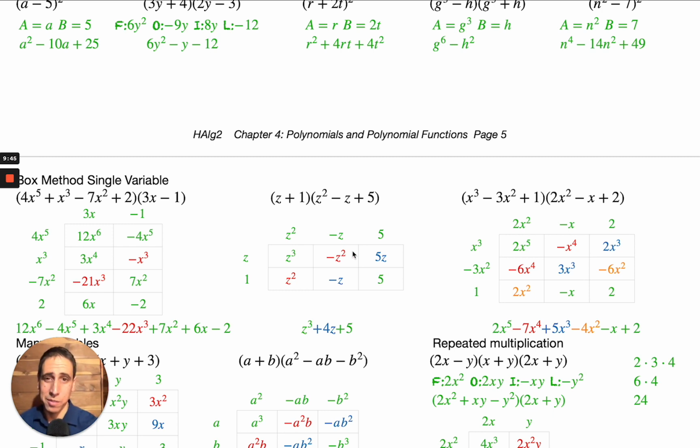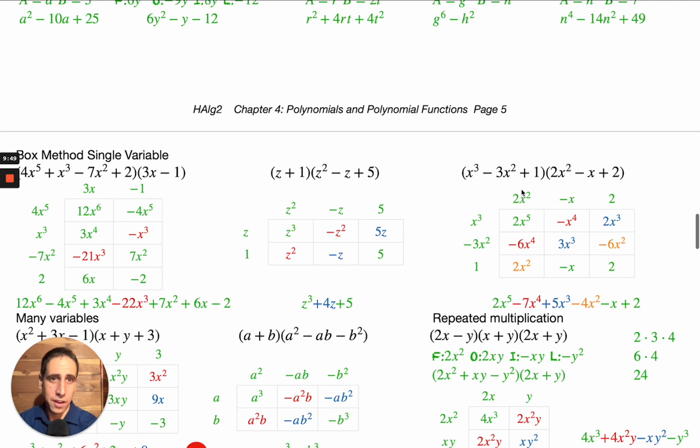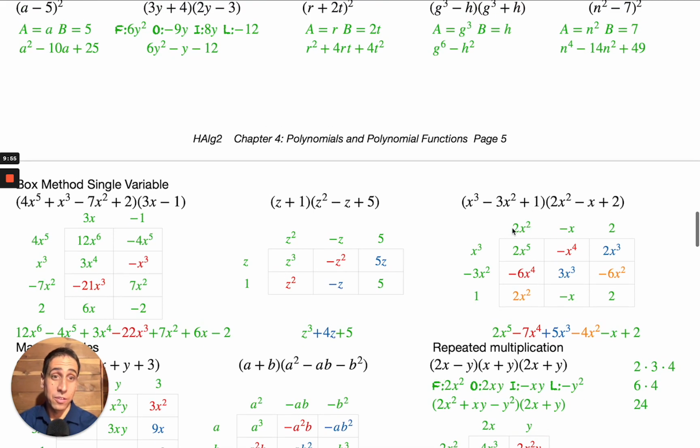I like the box method because, like I said, the terms all are right there. Next, we got 2 different trinomials. So that's going to be a 3 by 3 box. There's going to be 9 terms we have to negotiate. Get organized, y'all. We've got x cubed times 2x squared is 2x to the fifth, because 3 plus 2 is